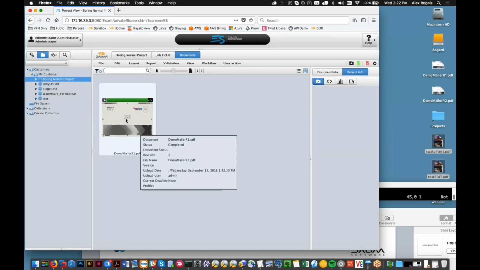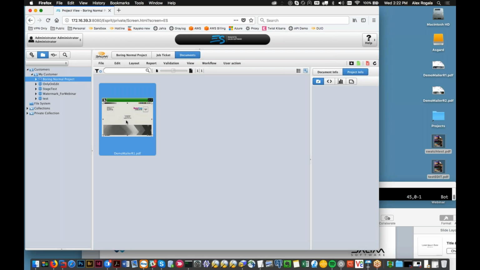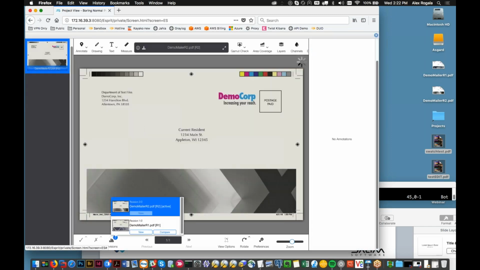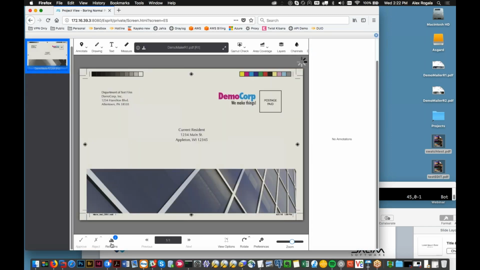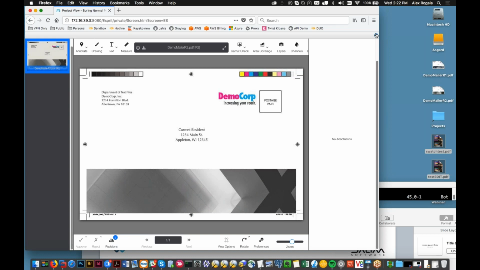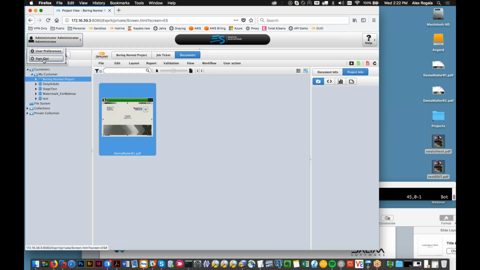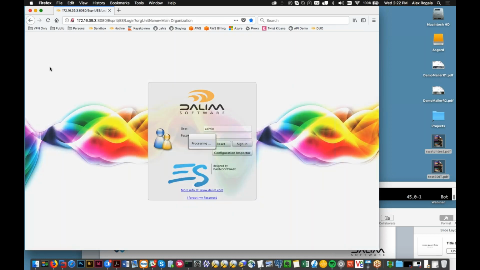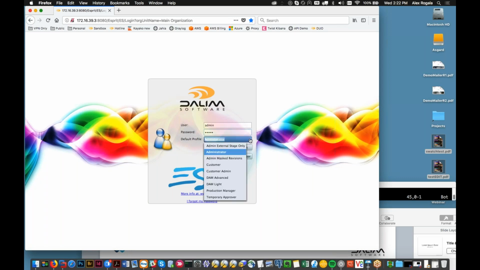I have this boring normal project. I have a file with just 2 revisions in here, if I open these up in dialog. And both of these files are still at the same point in the workflow. But as an admin user, I don't have any mask applied. If I log into the profile that I just mentioned here, then